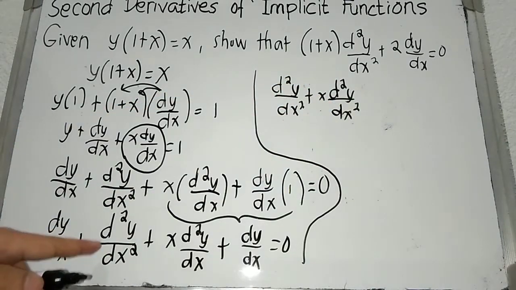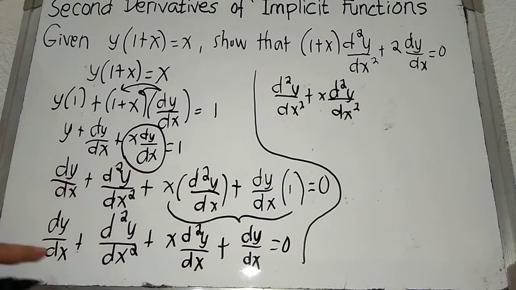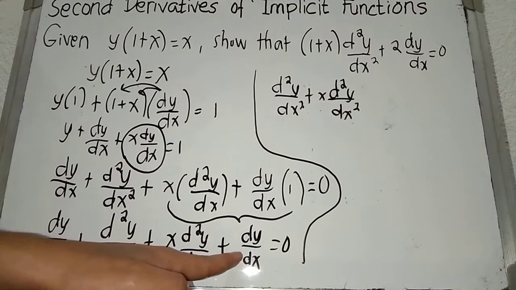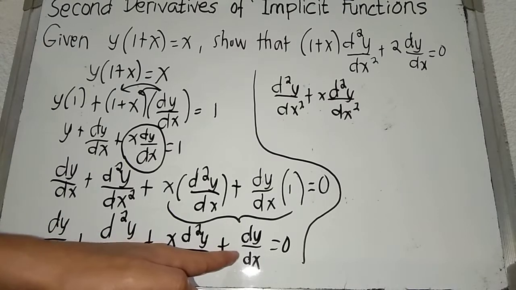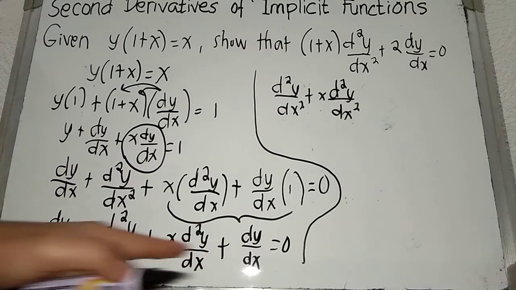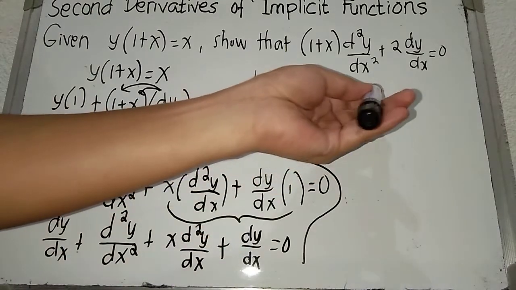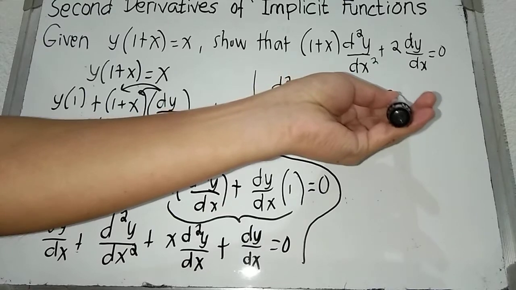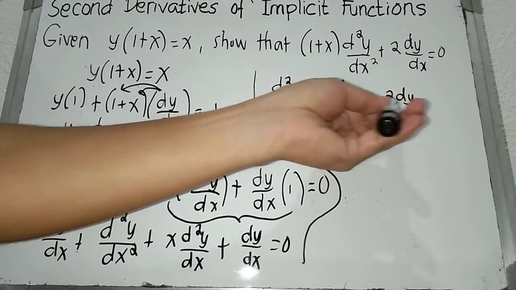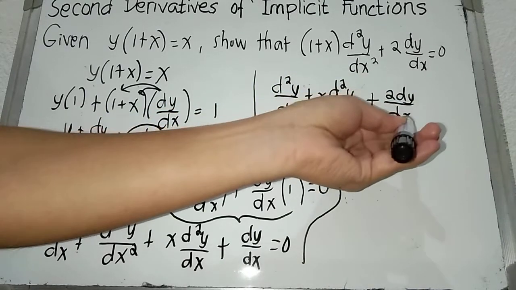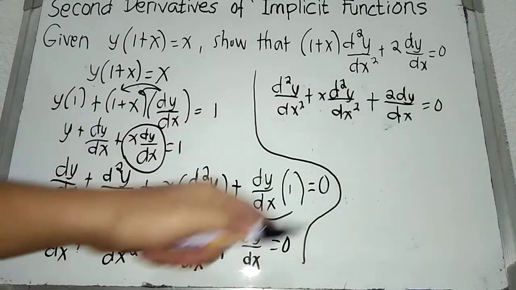So we are copying first the second and the third term, and then followed by the first and the fourth. But take note that they are having the same variable, dy over dx. So we are going to combine that. That would become 2 dy over dx plus 2 dy over dx, which is now equal to 0, copying the right